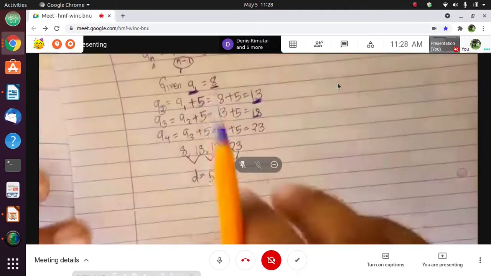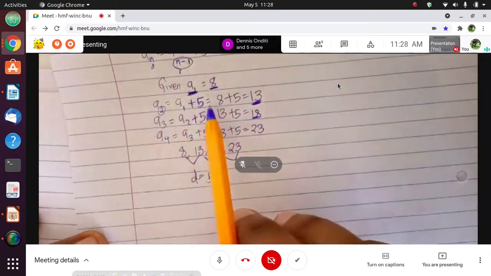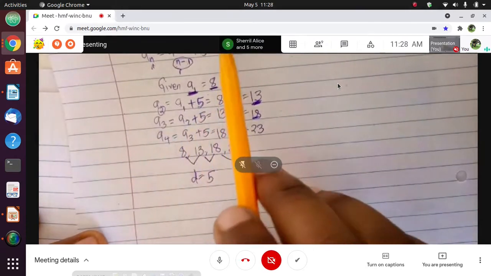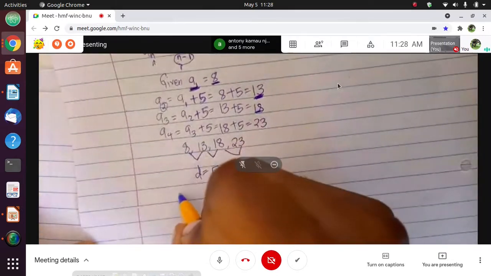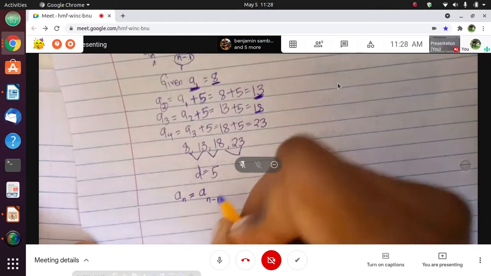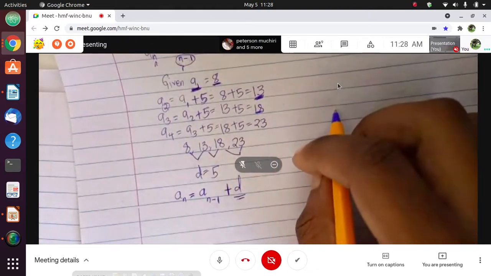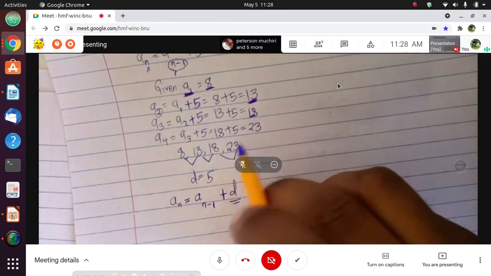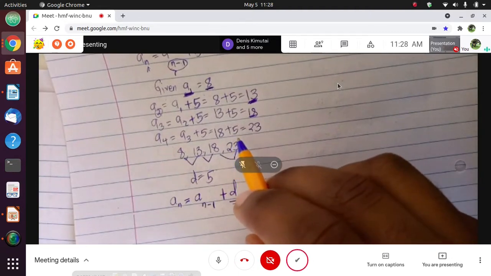Now, when you look at this formula, I mean this sequence, then it is possible to come up with a general recursive equation for arithmetic progressions, which is: the nth term will be given by an minus 1 plus the common difference. Are we together? For example, in this question you can be asked to find the 20th term, the 100th term, I mean the 200th term,